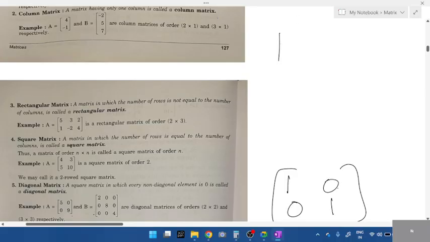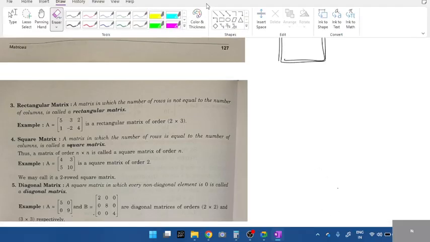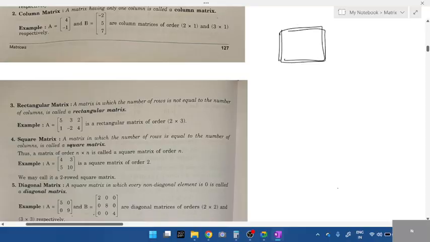Basically like square and rectangle. You know what a rectangle is? What do you mean by square, students? What's the property of a square? All four sides are equal. If it comes to matrix, same. Number of rows should be equal to what? Number of columns. Now tell me the property of a rectangle. Opposite sides are equal, which means all four sides are not equal, right? That is how a rectangle looks. Look at rectangle matrix. Read what they have given. All of you will go through this. A matrix in which number of rows is not equal to number of columns. For a square matrix, it is equal.